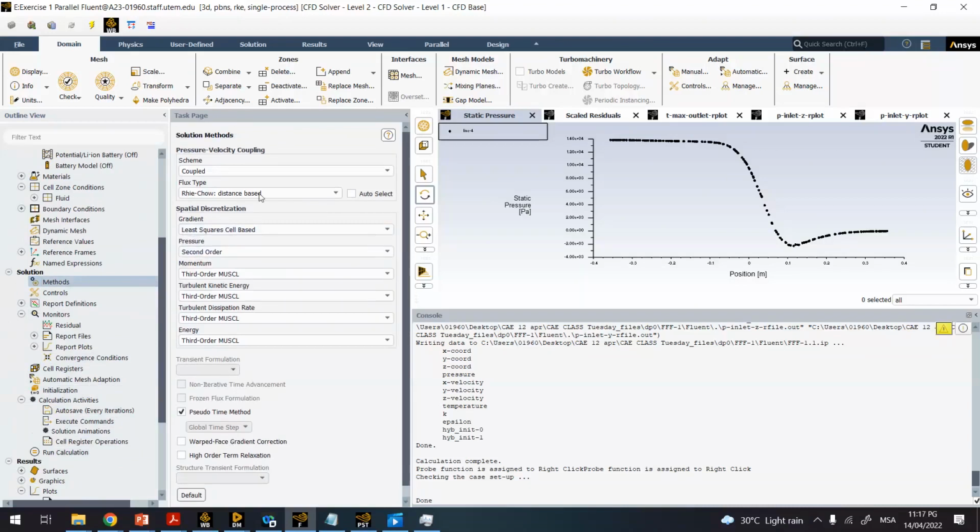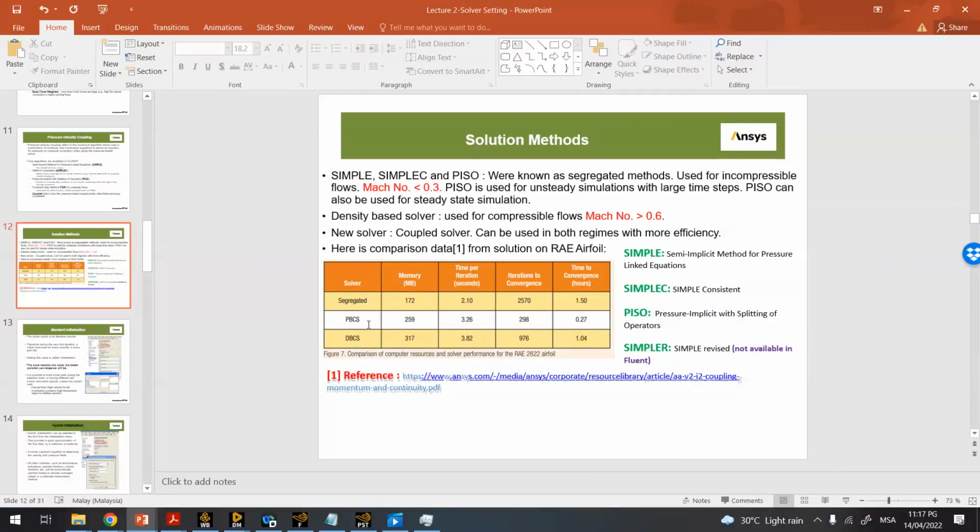Jumpa lah, nanti cari balik lah. Ni cari balik. Okay, dia ada dua lah. We have segregate dan couple solver. Right. So basically you nak guna kalau macam contoh for this example, a solution on REE foil, you can choose